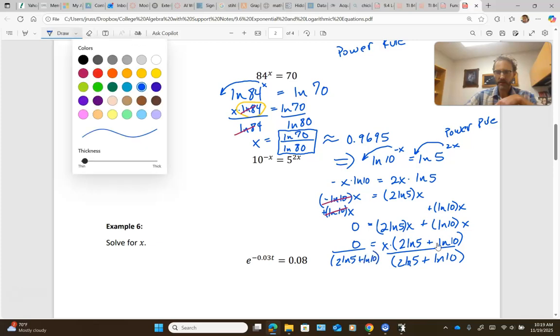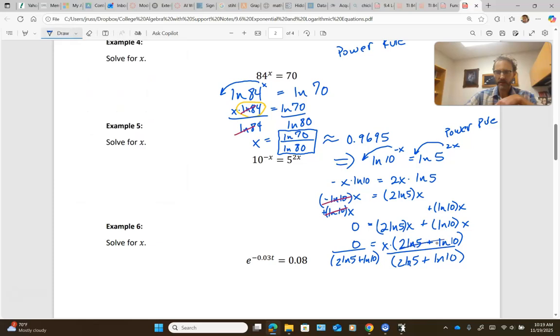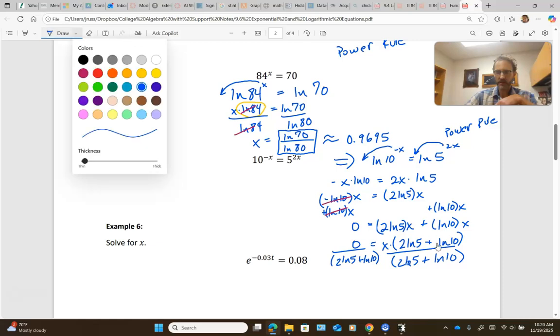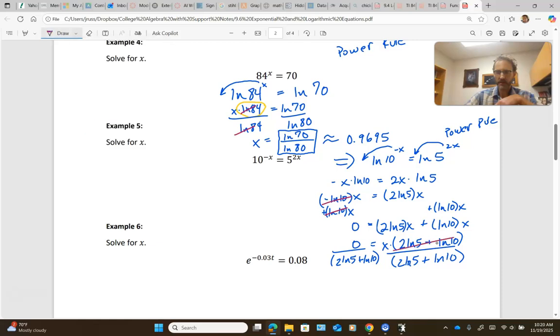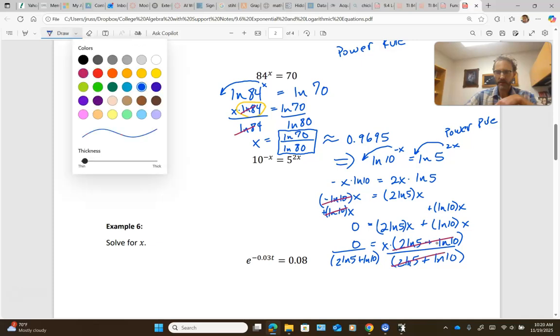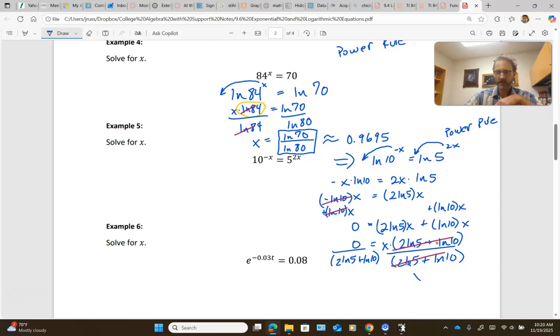And so on the right hand side, that weird irrational number coefficient will divide out, leaving us with just x is equal to,